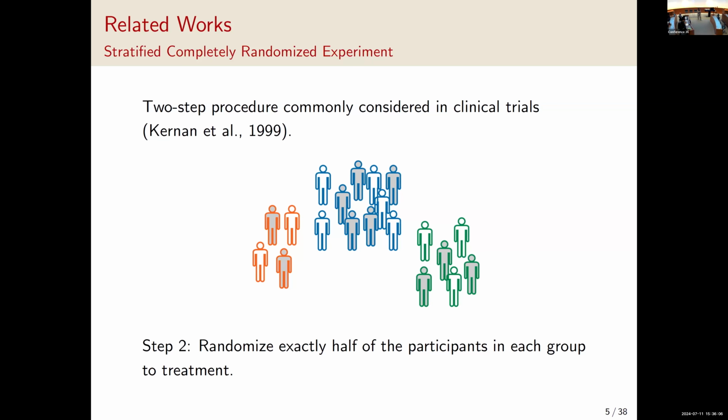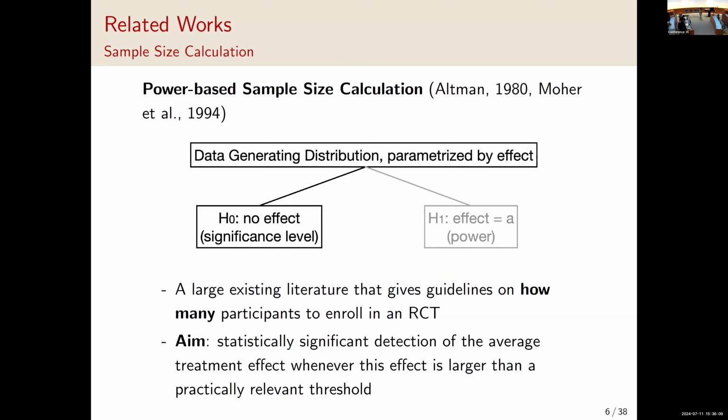We know that there's a long history on total sample size calculation and a large existing literature that gives guidelines on how many participants to enroll in an experiment in total. In such a well-established framework, researchers will often assume that there exists some data generating distribution with a homogeneous treatment effect. The total sample size is then chosen to be the smallest possible sample size such that there is still statistically significant detection of the average treatment effect whenever this effect is larger than a practically relevant threshold determined by the practitioner. And that is,